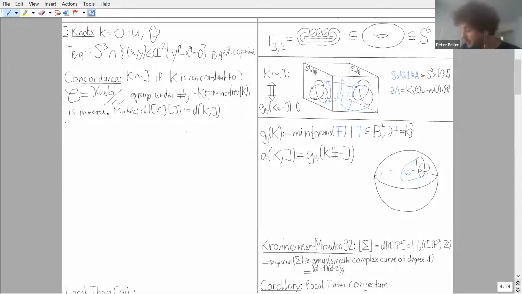Okay, why do you want to study this? I feel like I'm the first person to talk about this gadget, so maybe I'm responsible to briefly talk about why we should study the concordance group. Some people will say it's per se an interesting group. It kind of reflects smooth topology phenomenon that contrasts with locally flat topology phenomenon. But let me give you two extrinsic reasons that I find worth mentioning. The first thing I wanted to say is the question of whether a knot is slice, aka whether a knot is concordant to the unknot, you can think of as the most basic